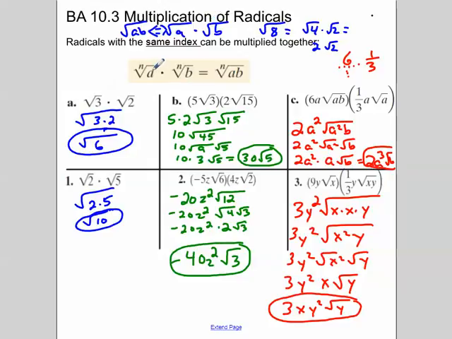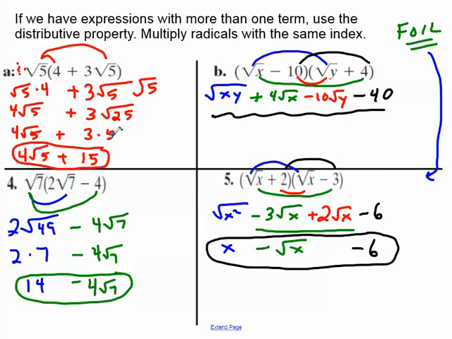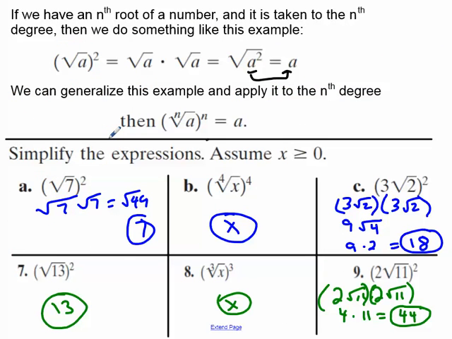So when you multiply radicals, essentially it boils down to this. If you've got the same index, square root, for example, and things inside the house, just multiply together to get a combined product inside the house. Square root of 3 times square root of 2 is square root of 3 times 2 is square root of 6. And that's the bottom line. And all we do is now use that idea to multiply